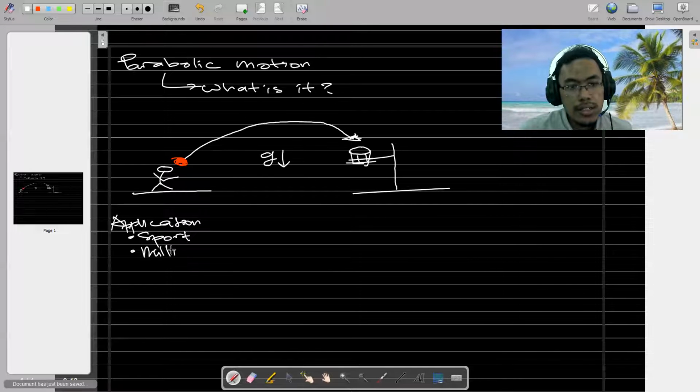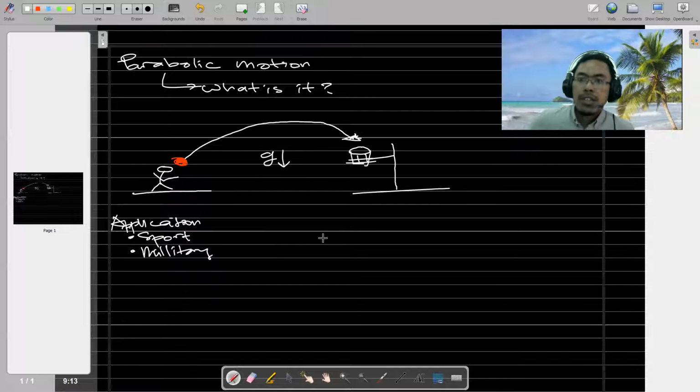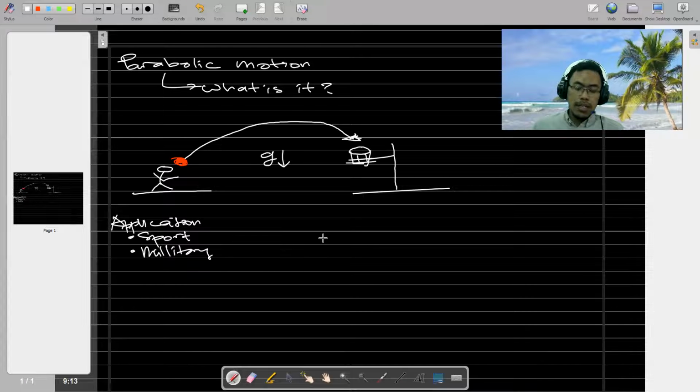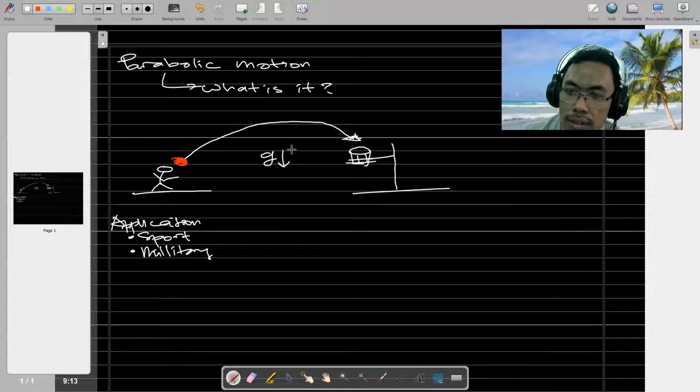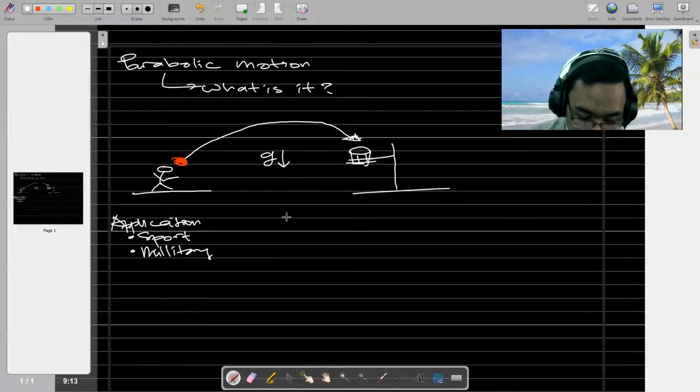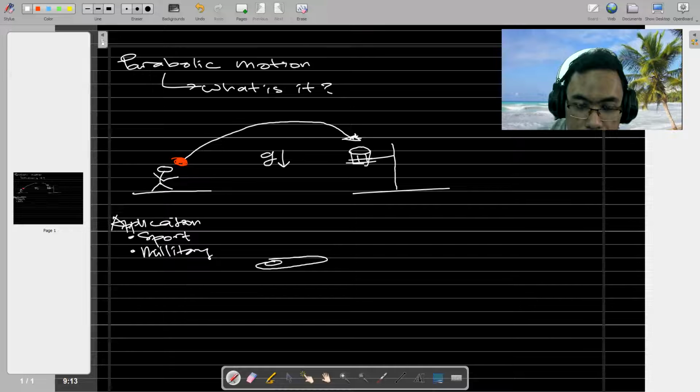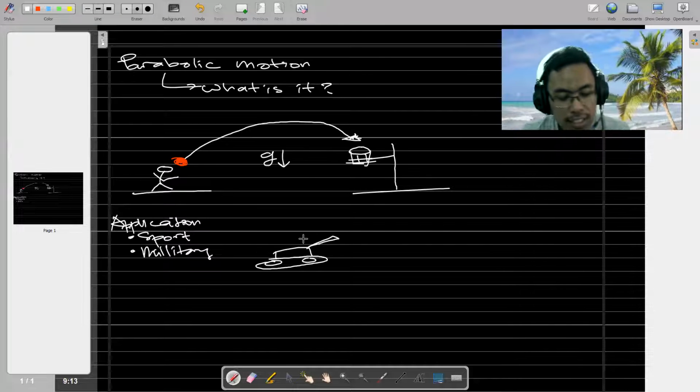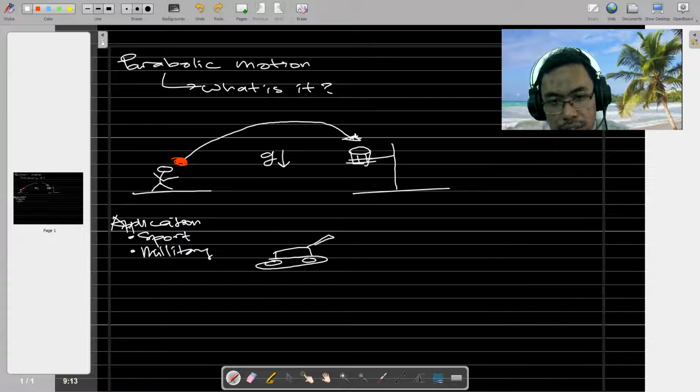Application in the military sector, yeah. Because in the military sector you are going to deal with a lot of bullets, yeah. I mean, in bahasa Indonesia we say peluru. Let's say you are an operator or maybe the engineer that designs a tank. So let's say this is the tank. I'm sorry for the bad drawing. And this is the direction of the bullet. And let's say this is the target.